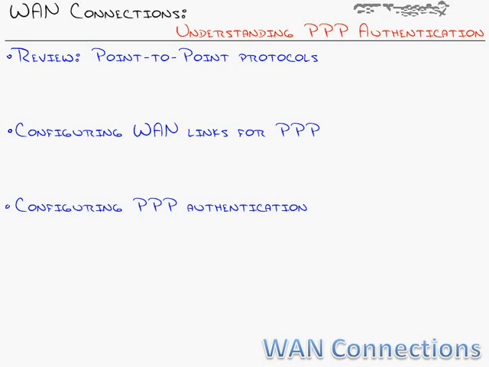So let's wrap up. We saw, first off, a review of the point-to-point protocols, looking at the physical layers with serial interfaces and the data link layer of HDLC and PPP. We then got into the configuration of WAN links, looking at the initial HDLC, converting to PPP, and then adding PPP authentication on top of it using